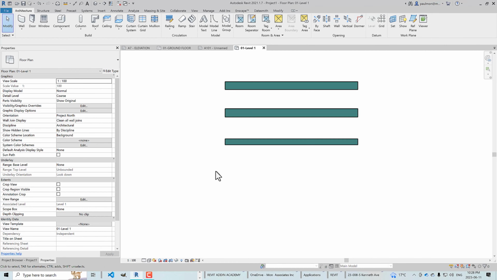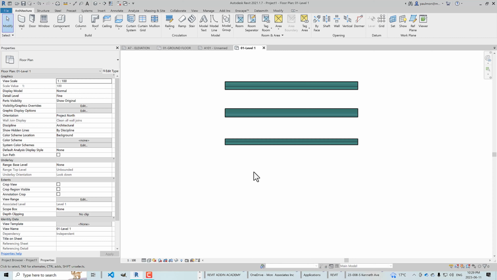So when I create a new wall type or I import another wall type, it doesn't matter what the type setting is, it will be overridden by the view setting. So this is how you can override it. When you change this to medium level, you will not be able to remove the tone. And when you change to fine level, you will not be able to remove the tone. If you want to go back to without any tone, you have to disable the override